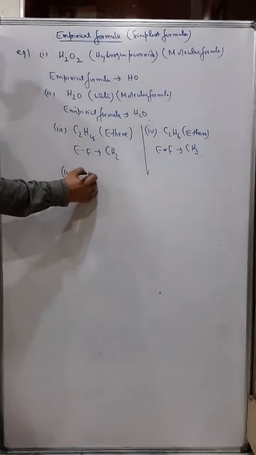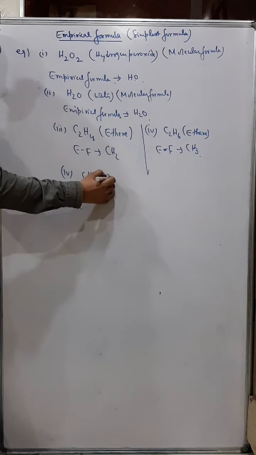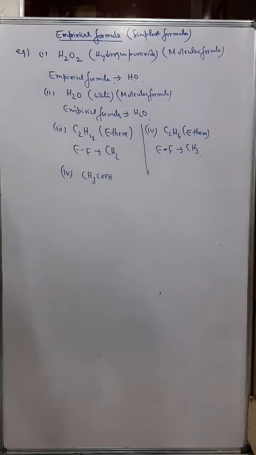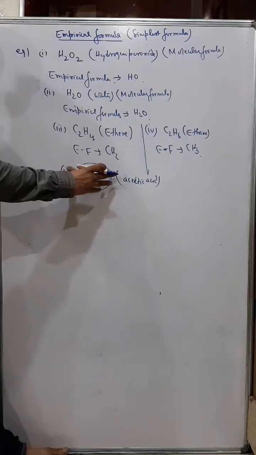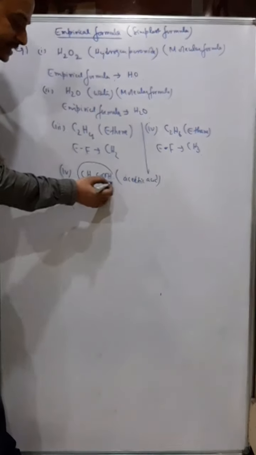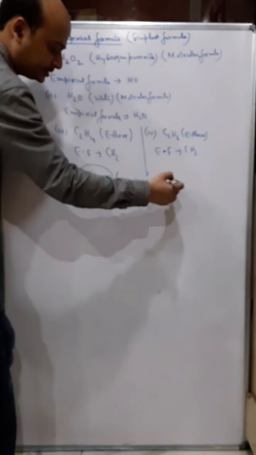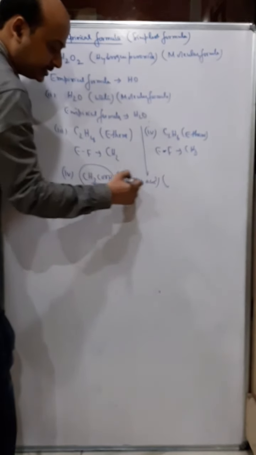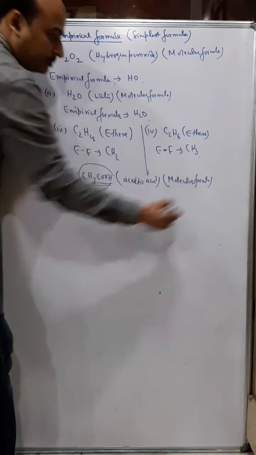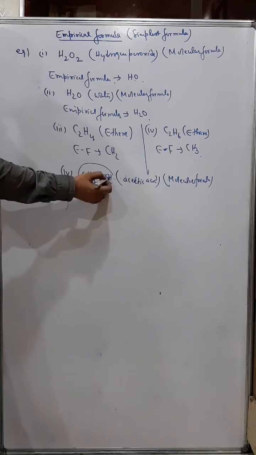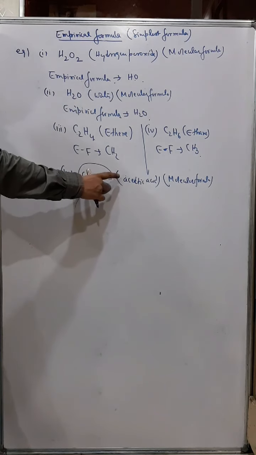Now sometimes it can come in this way, CH3COOH, for example. This is acetic acid. In this case, you combine this formula in a proper way. Although we write the molecular formula in this way, and we'll learn in higher classes why we write it like this, if the formula is given in this way, then we'll write the formula in a combined form.